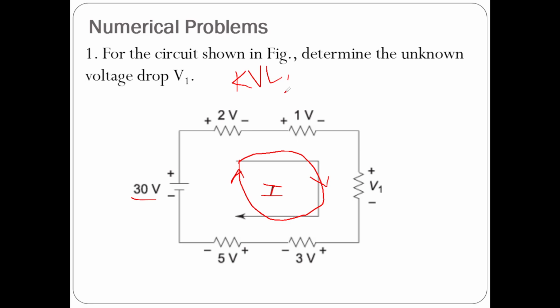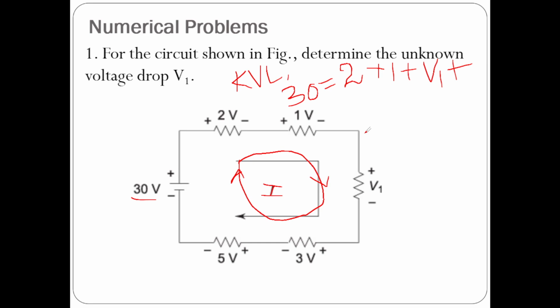So how many voltage sources are there? Only one, that is 30, is equal to the voltage drops in the circuit. One voltage drop is due to this resistor. We don't know the resistance value. Other voltage drop is 1 volt, voltage drop in the next resistor. Other voltage drop is voltage drop in this resistor, that is V1, plus other voltage drop is voltage drop in this resistor, that is 3, plus other voltage drop is voltage drop in this resistor, that is 5. Therefore